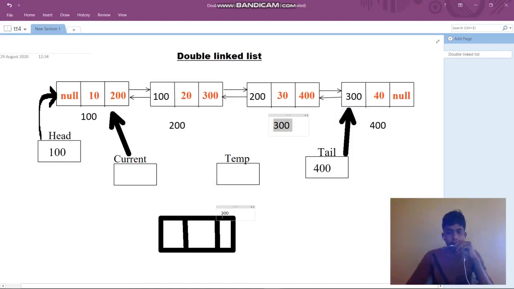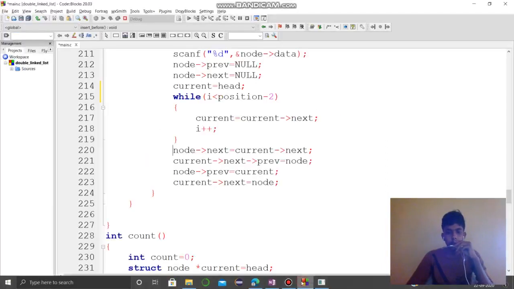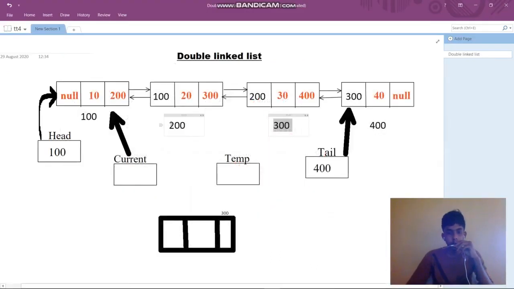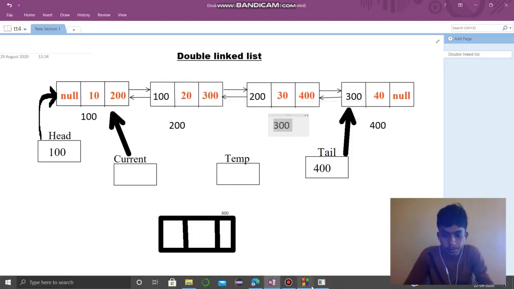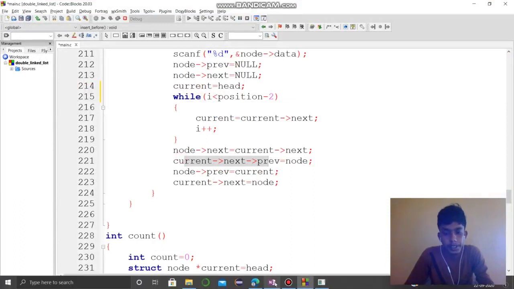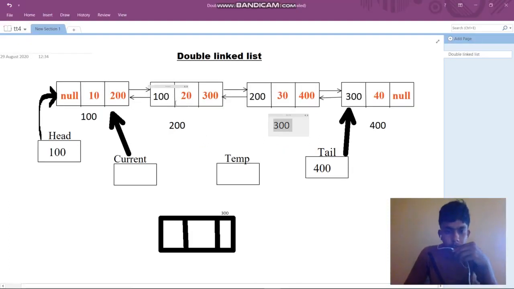Now what we are doing: current of next of previous. Current is 200, its next is 300, and the 300 of previous points here.